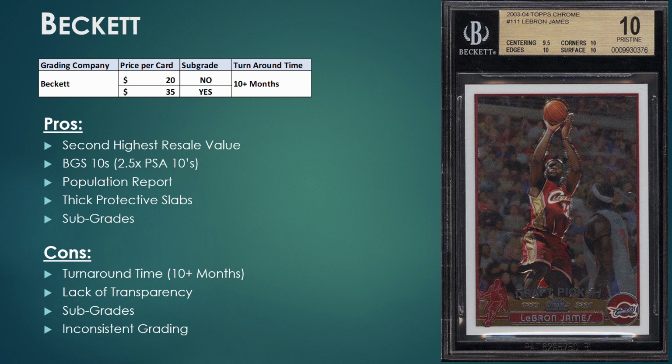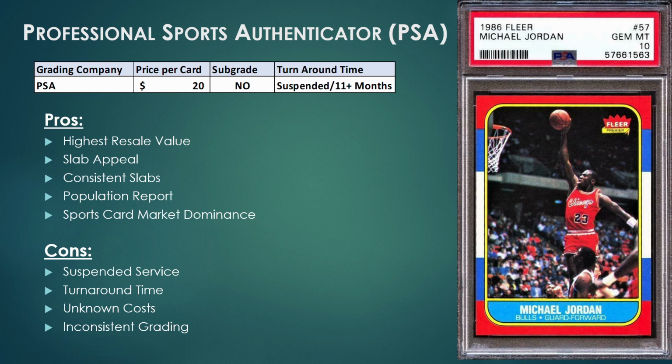And then another con would be the inconsistent grading. But overall, it still does appear that Beckett is the number 2 player within the sports card market, and it does appear that they're still a solid option if you're able to wait it out 10 months to get your cards back. The last company on today's list is Professional Sports Authenticator, also known as PSA,